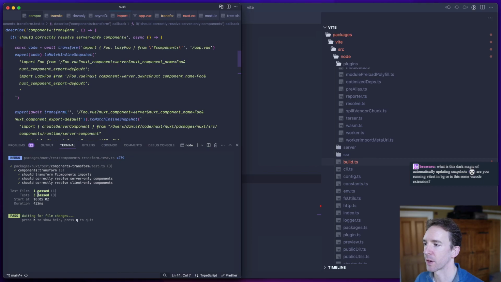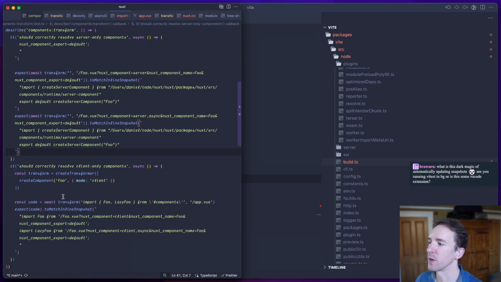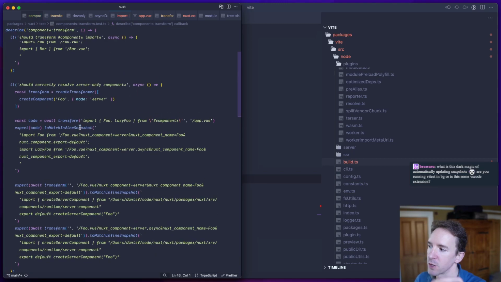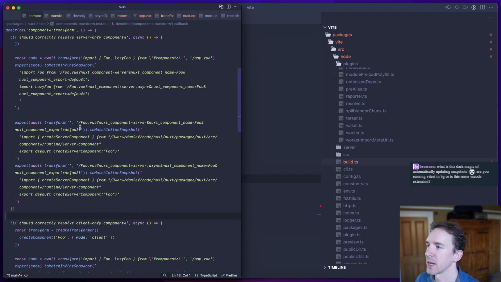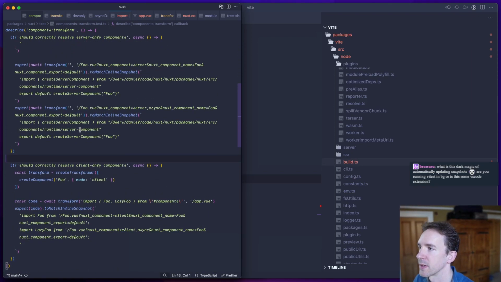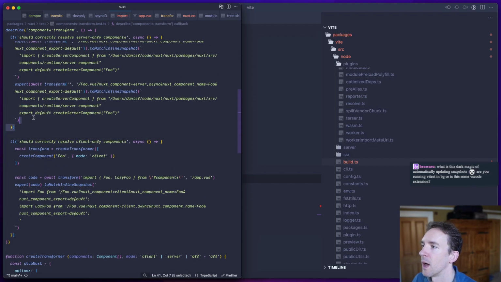I'm running vitest in the background. It's absolutely the way to do it when you're working on a test or a feature, because it very quickly shows you what the result is. You can change the source, it immediately updates it in your test fixture. It's fantastic as an experience. I highly recommend it. So we'll do the same here